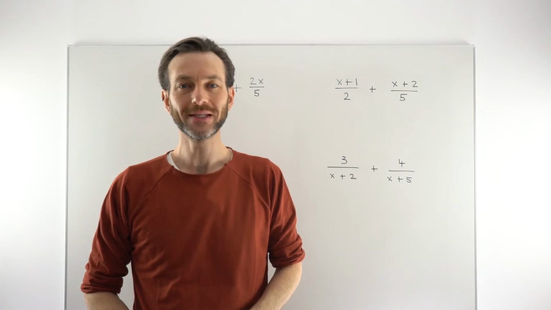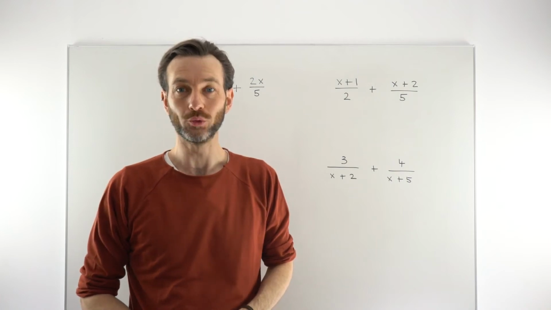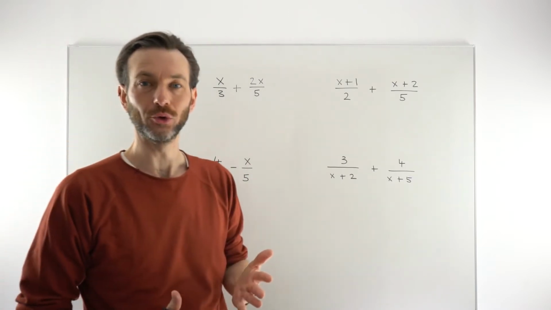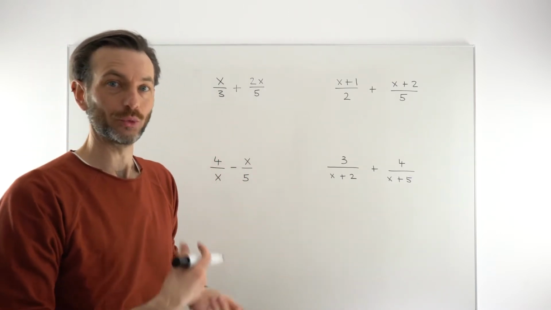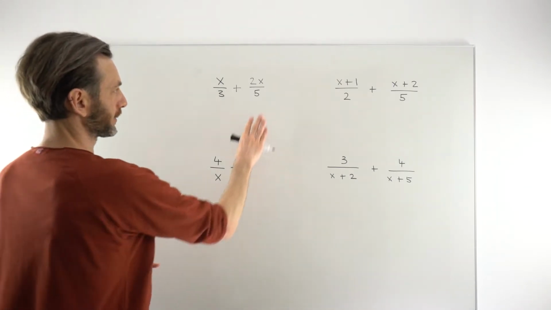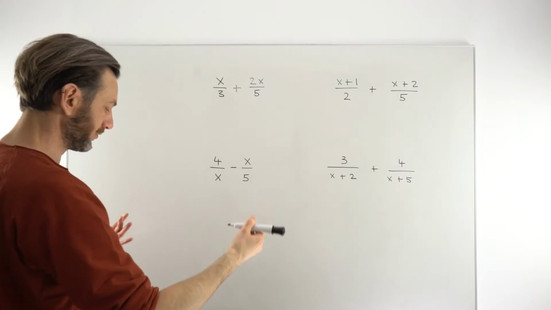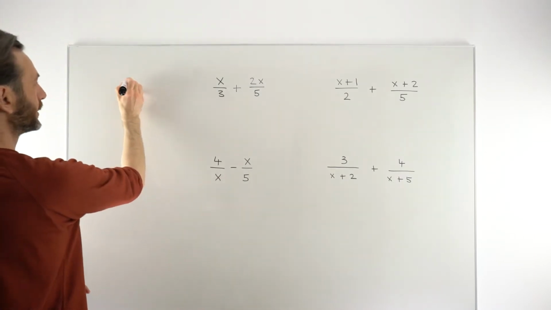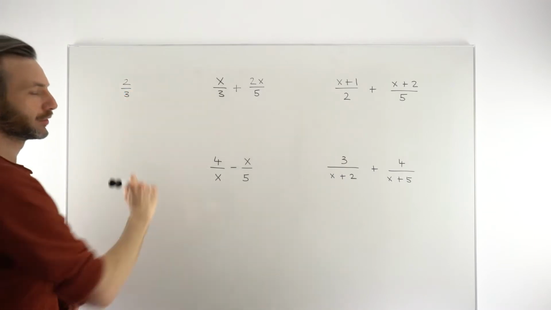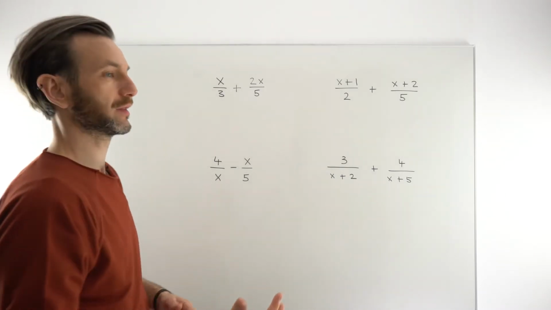In this class, we're going to take a look at how you add and subtract algebraic fractions. So again, like all the other algebraic fraction operations, this is really equivalent to what you would do with number fractions, numerical fractions. So we're going to work these examples in a moment, but let's start by considering a numerical equivalent. So it's a little more difficult to add and subtract numerical or algebraic fractions than it is to multiply